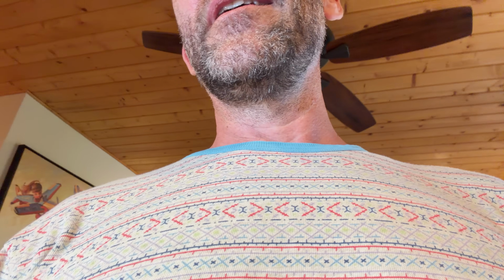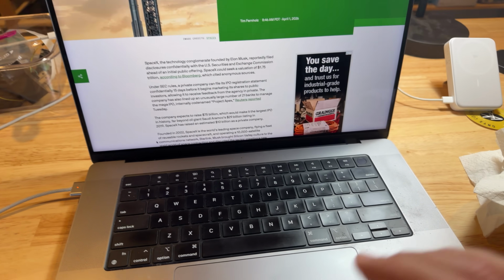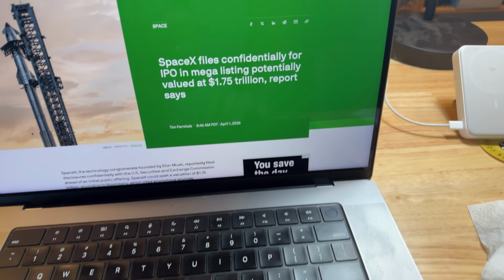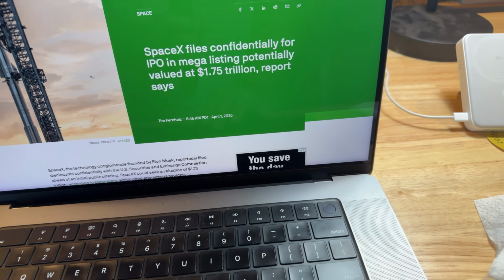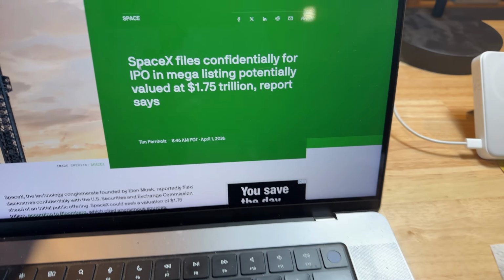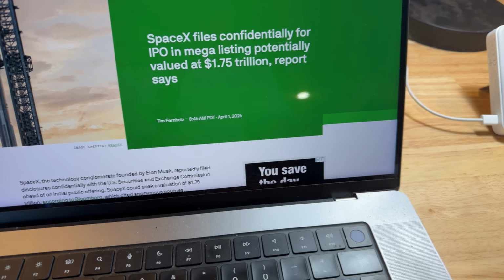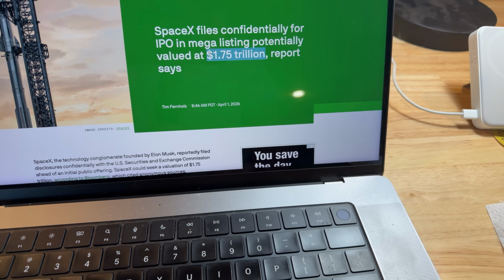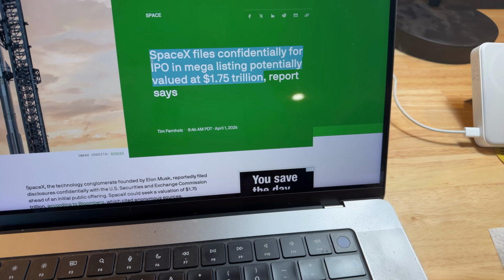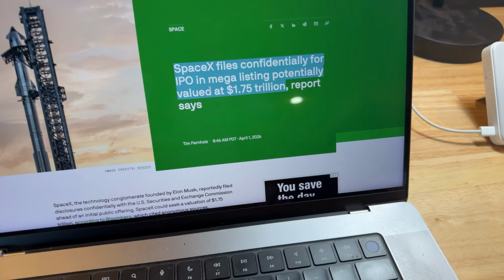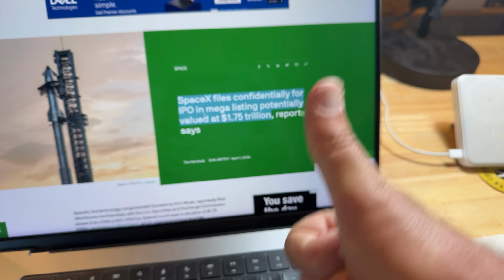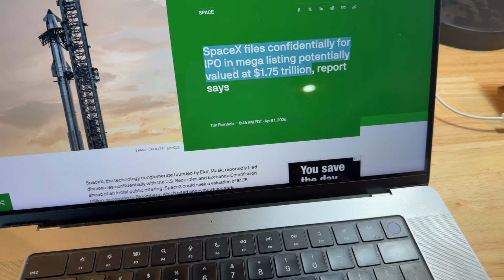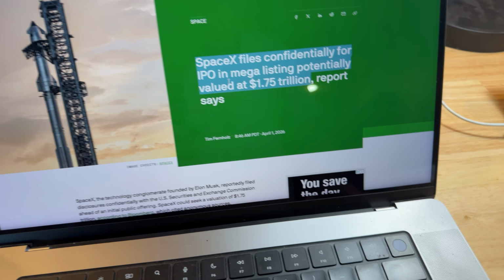Anyway, what we want to talk about today is this abject insanity. We are in the modern world where trillion is the new number. SpaceX files confidentially for IPO in mega listing, potentially valued at $1.75 trillion. This is an initial public offering. It is supposed to go on the market at $1.75 trillion, and the idea is the value will go up significantly. You want to buy in at $1.75 trillion because, I don't know, at some point it's going to be worth